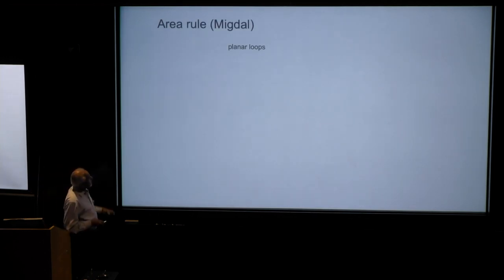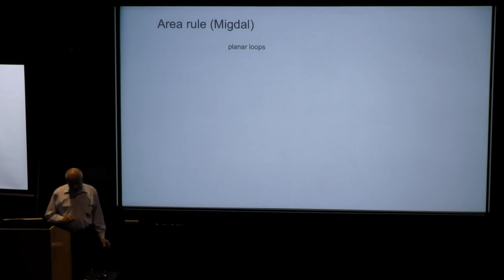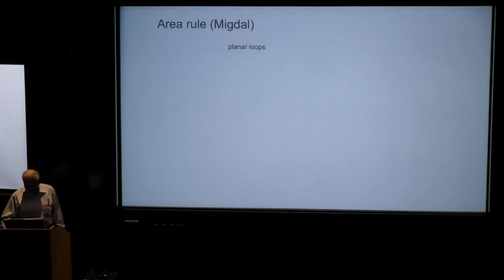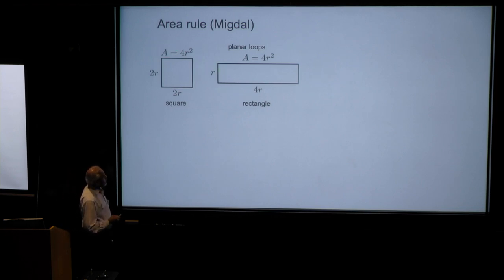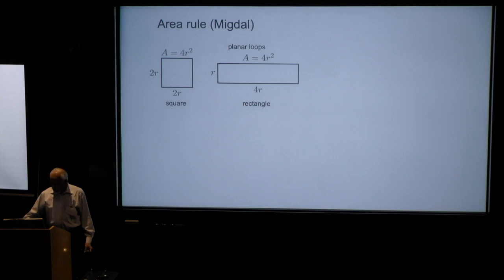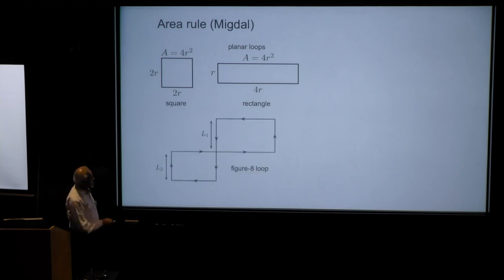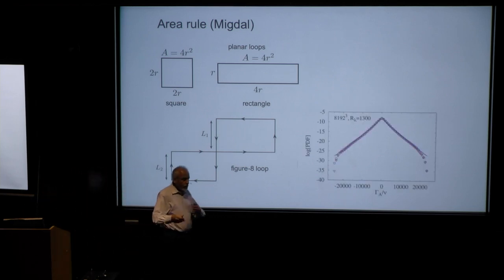Now, the area rule that Sasha Migdal talked about, I'll talk a little bit about circulation, as I said. The amazing thing, and I'll qualify this statement in a little bit, the amazing thing is whether you have, in planar cases, a square like this or a rectangle like this stretched out, in fact, until one of the limbs get into the dissipation range, or in the case of loops like this, figure-8 loop like this, for example, the probability density of the circulation is essentially the same. As I say, I'll qualify that in just a minute.